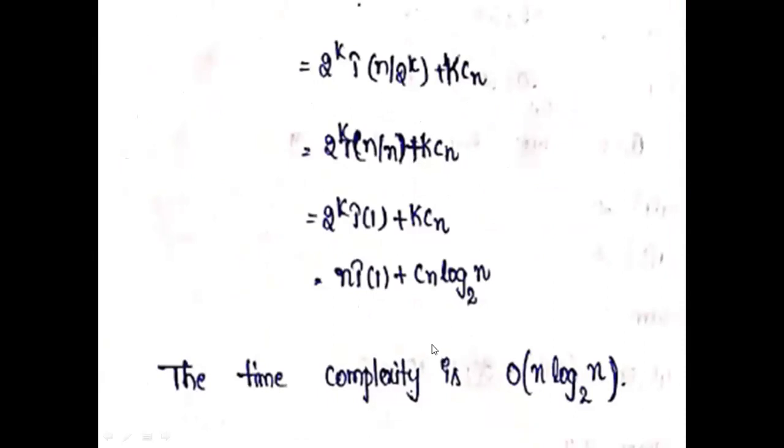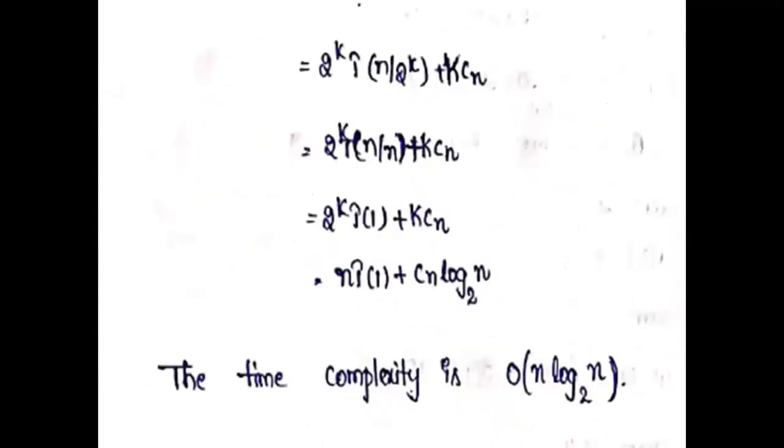So the time complexity can be best case, worst case, or average case. There are three types of time complexities. In the best case and average case, the time complexity is big O of n log n. In the worst case, the time complexity is big O of n square. In quicksort, the array is divided into two subarrays and need not be merged later. In merge sort, the array is divided into two subarrays. After sorting the two subarrays, they are combined to make the total array. So this is quicksort in three cases: best case, average case, and worst case.